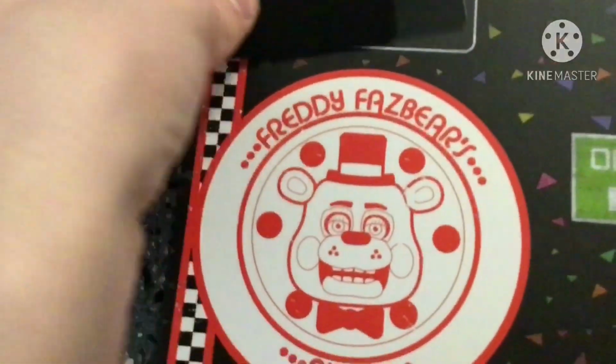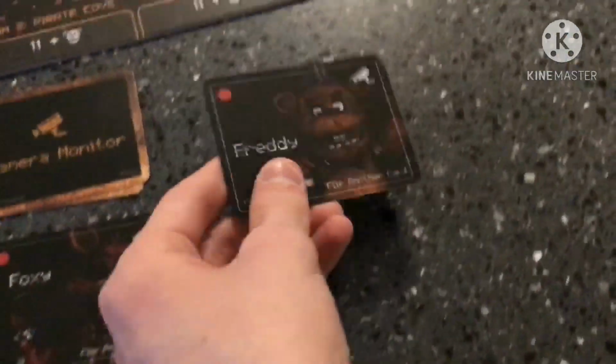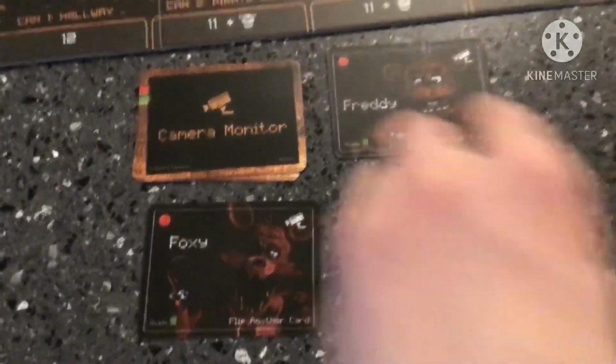And now we are at 5 AM. 55%, so let's see. What was that? I guess we don't do anything because there's no cards here. Pirate Cove. We got Foxy. And in the dining area, we've got Freddy. Okay, so this I'm just going to take away because there's no cards there. No, I am going to react to Foxy. I want to send them back into that pile. And Freddy, I'll let join the pile as well. So we only have 1 pile left, so...